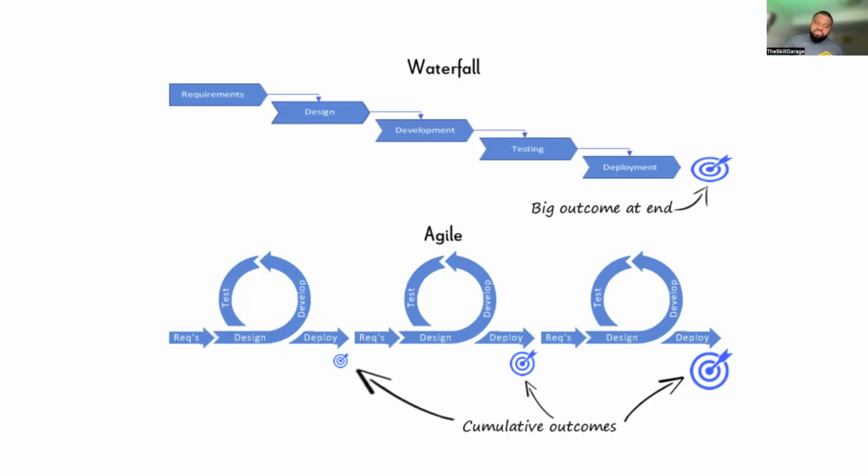It's the minimum part that you can send out that is usable. So that could be achieved after a couple of iterations. Maybe the first iteration, the second, the third, maybe 10 iterations, depending on how big and complex the project is, right? You do a couple of iterations and then you get the MVP. That is what Agile helps you to accomplish. With Waterfall, you cannot accomplish that. You have to wait to do everything.